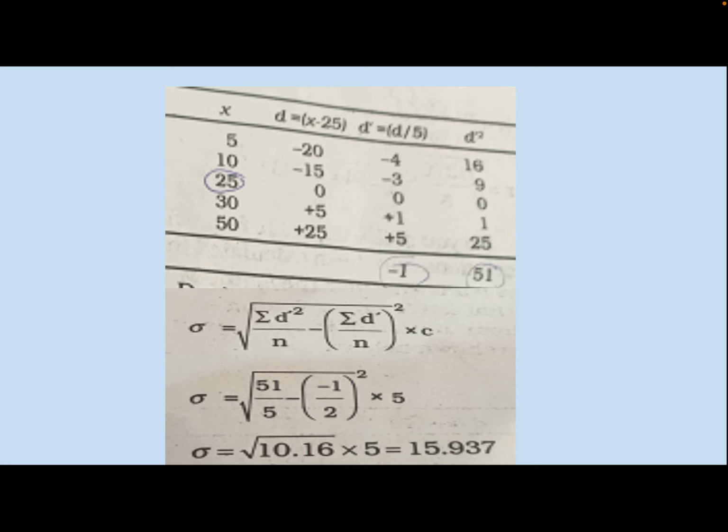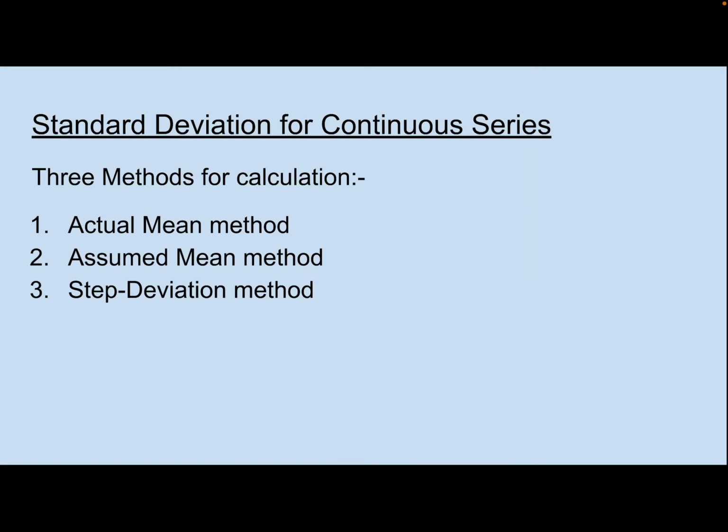Point to be remembered here, students, is that the common factor that you take to divide the values of d has to be the highest common factor, HCF. It cannot be just any number that can divide all the values. It has to be the highest possible number dividing all the values of d. So the 4 methods of individual series are over.